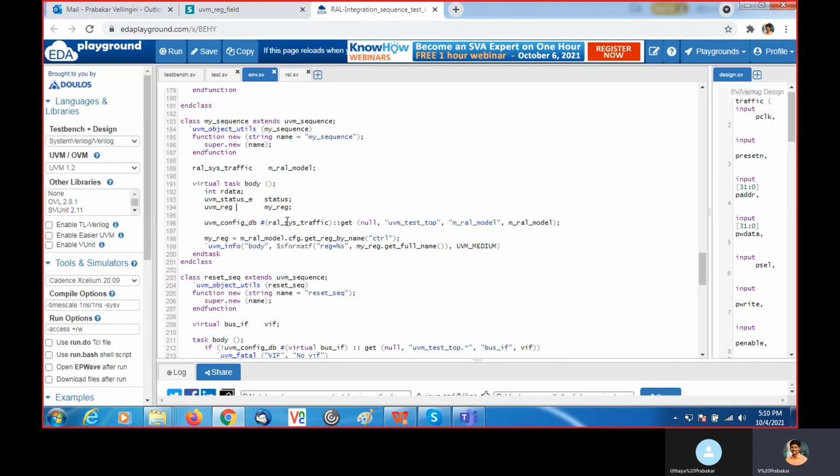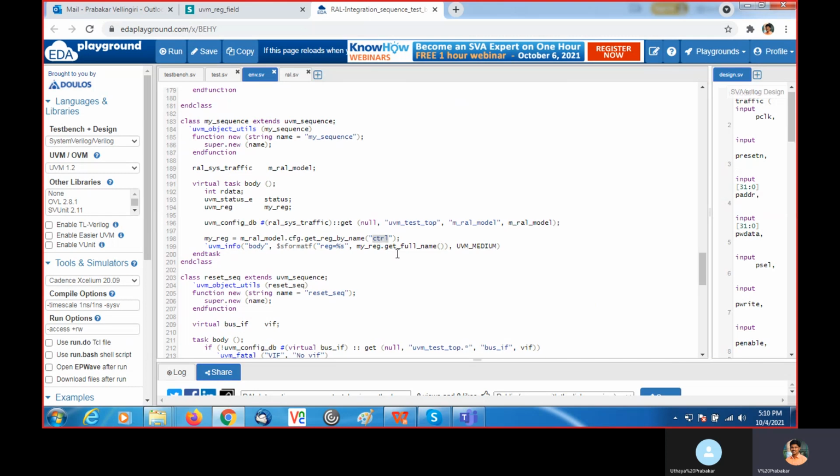I declare this as UVM status, and then UVM reg, my reg instantiated. This is declared as my reg. For this my reg, I'm assigning the control reg.